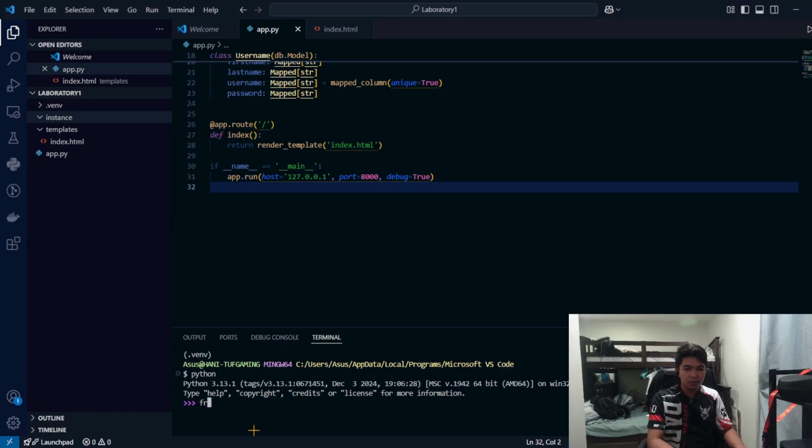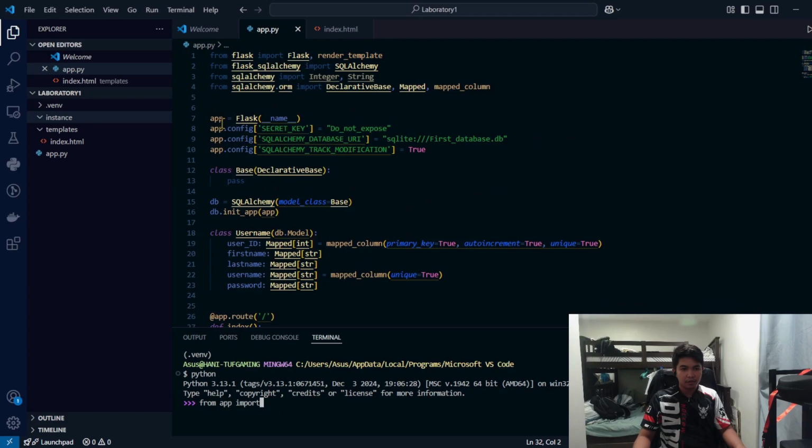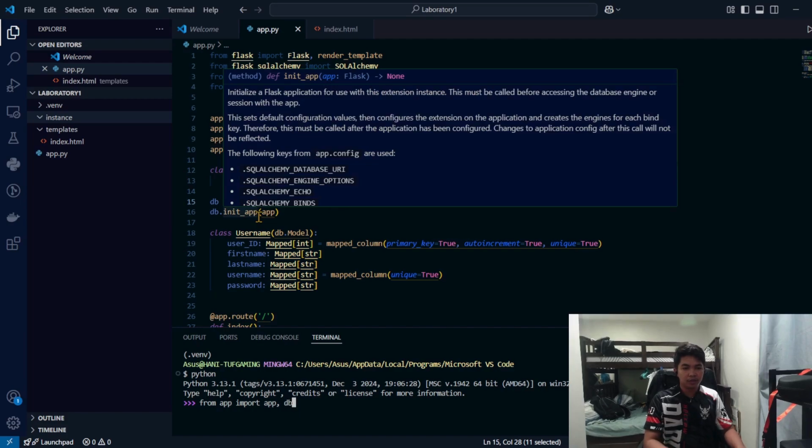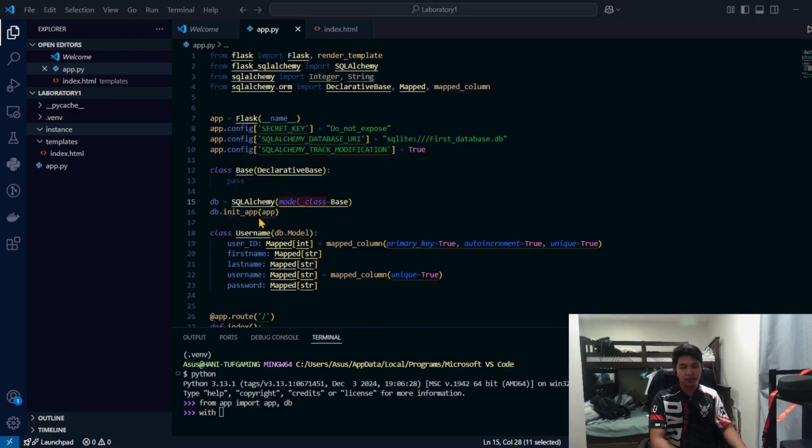First, we input from the name of our Python file, import the Flask name, which is also app, and also import the database variable, db, which we used for the model class of our SQLAlchemy. Next, we type with app.app_context(), and we call the function db.create_all().